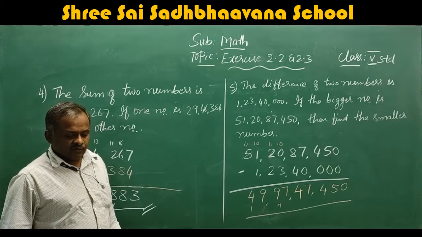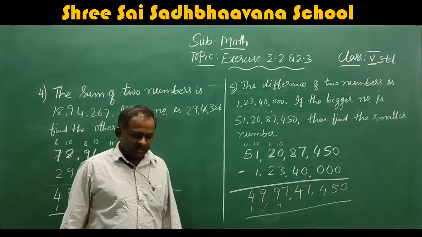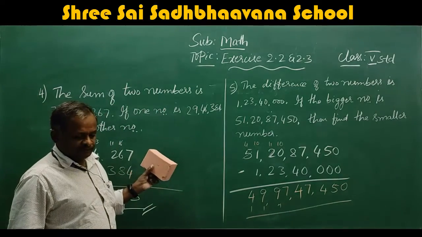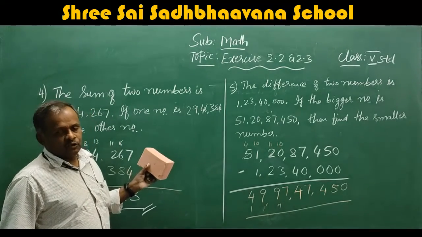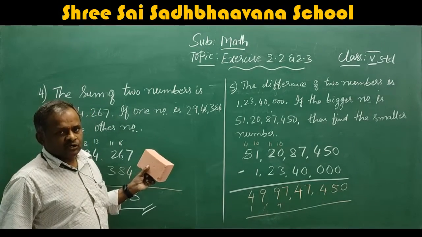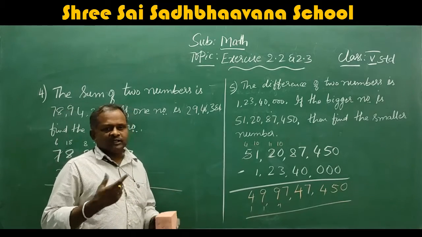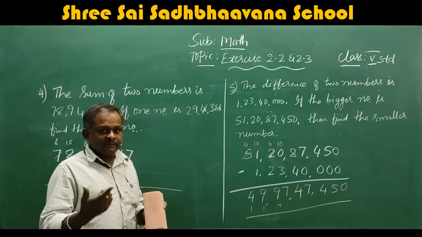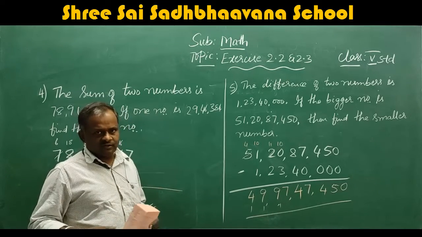Here they have given 7 problems. From 4 to 10, I have done the 4th one and 5th one. Next I will do another 2 problems. The remaining are homework. You have to do the remaining in the homework. I will send the classwork. In the classwork, I will do all the problems. You have to copy them. But now I will do another 2 problems for your sake.